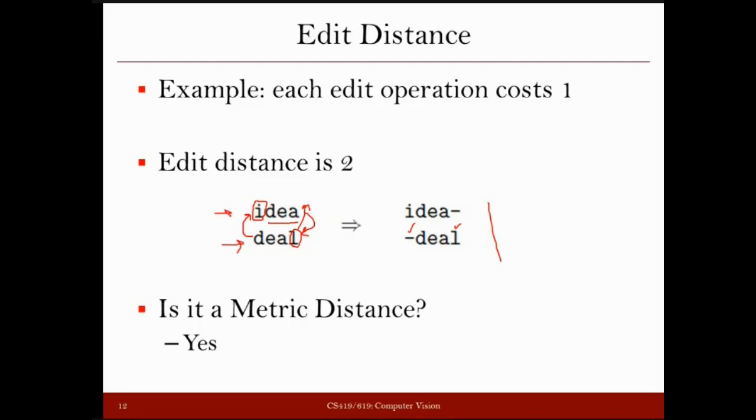If the 2 words are the same, then obviously the identity property holds, which says that if you are comparing 2 same things, the distance should be 0. So that is also true here. And whether you are comparing A to B or B to A, I already said, and the triangular property is also true. So all these required properties which make a distance measure a metric distance are true here. So this distance measure is a metric distance measure.